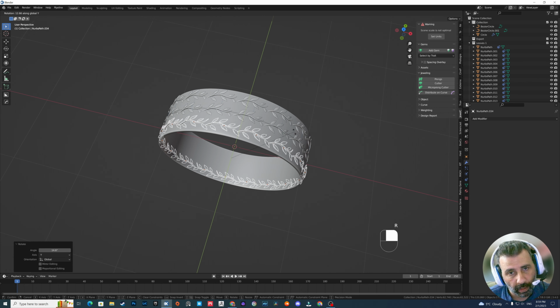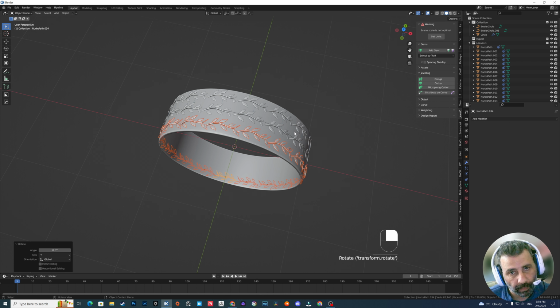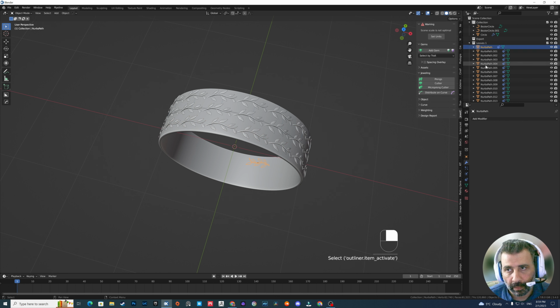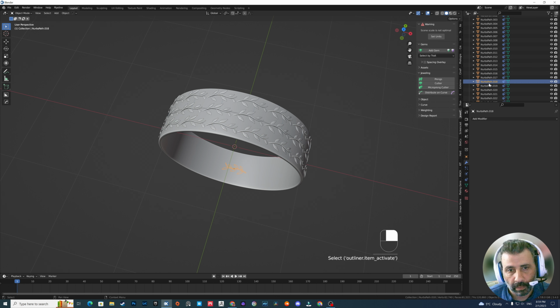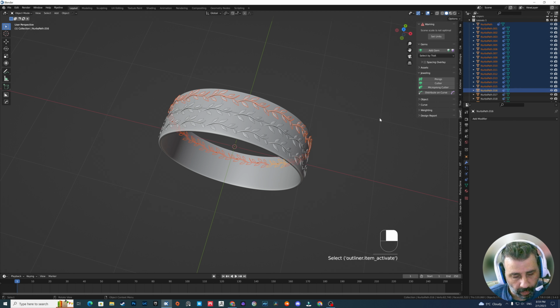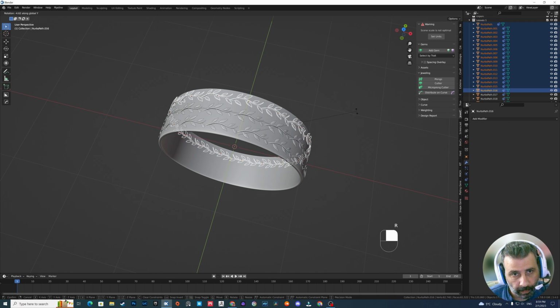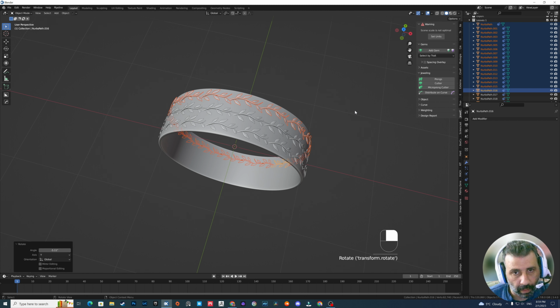Maybe a bit more. And rotate those like this, so we have this shape.